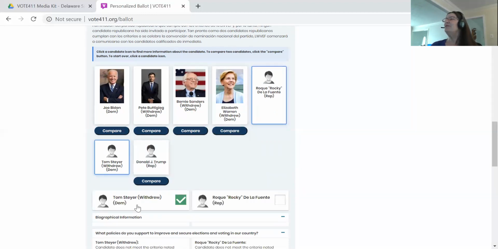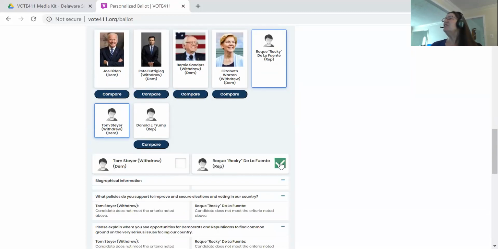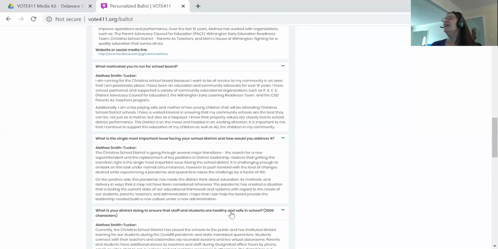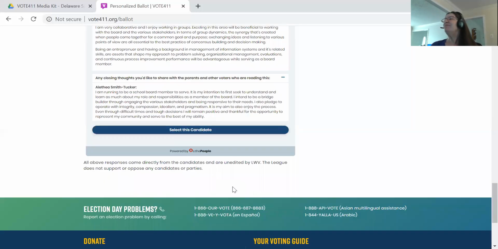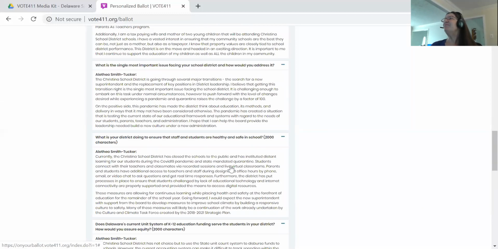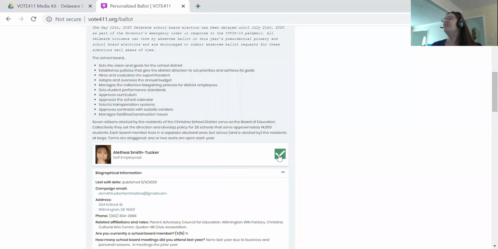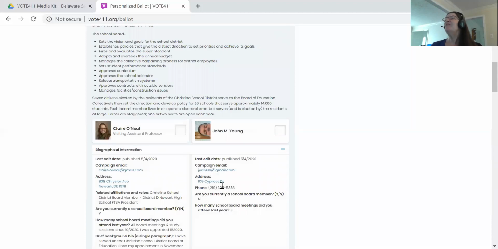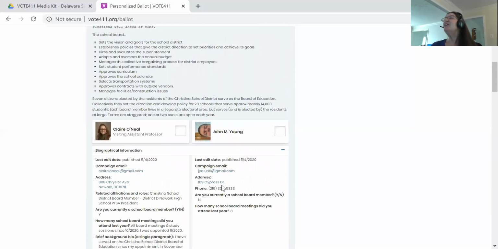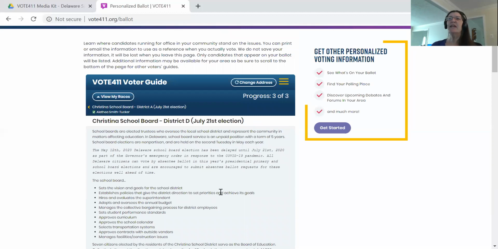let's compare these two interesting fellows. One of the features is you can check a candidate. And when you check a candidate in each race, we'll check that one since she's the only one. When you check a candidate, then you can build sort of a ballot list. And when you get finished, and you've made all your kind of mental choices,